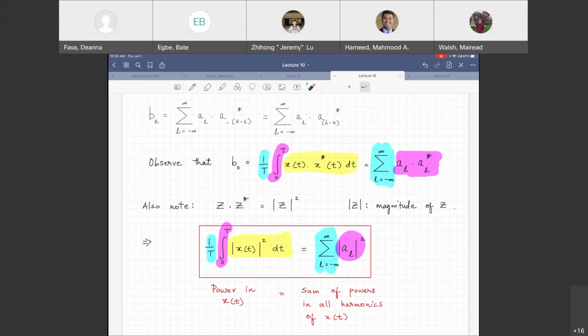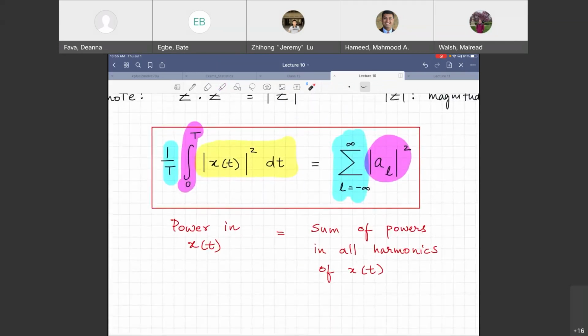Next, I'm going to get rid of all of this. Maybe I'll leave it. What is this? That is essentially power in X. But you are evaluating it as a time domain signal. You see, that would have been energy. When you divide it over one time period, you get power in X. This was what? Lecture 1 or lecture 2 of the semester, right? Evaluating power of this signal.